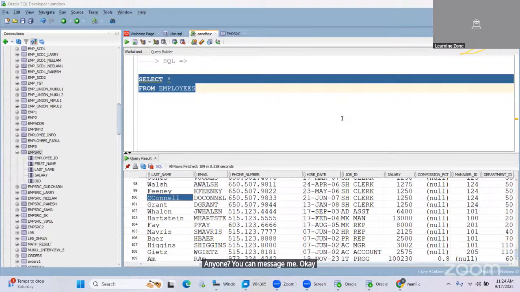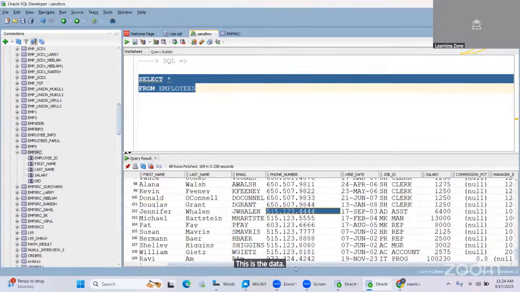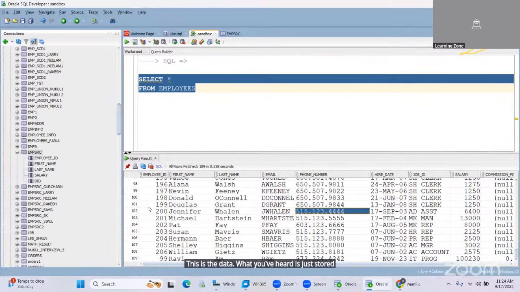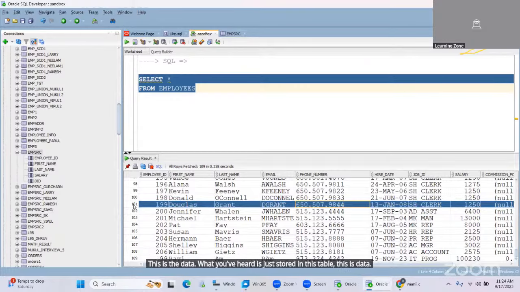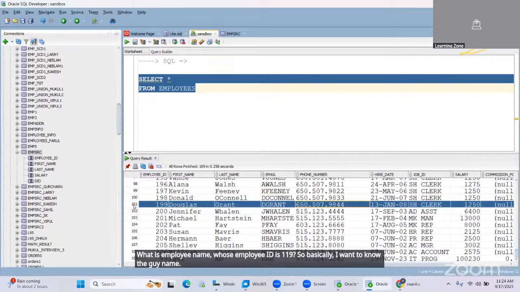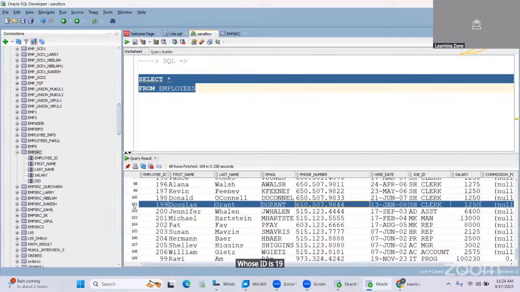Okay. So basically, this is the data. Whatever is stored in this table, this is data. Now, if I ask you, hey, can you tell me what is the employee name whose employee ID is 119? So basically, I want to know the name of the guy whose ID is 119. Now, if you go and process the data and try to find the full name of that